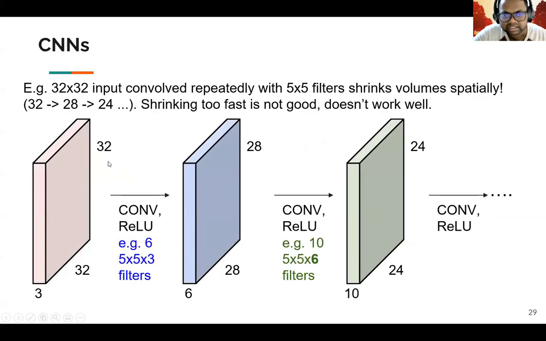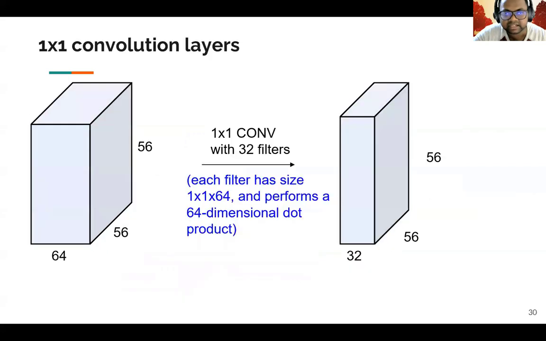So that gives you the reason why from 32 you go to 28 and from 28 you go to 24. Now, one criterion we would like to mention when you're designing a convolutional neural network is that if you shrink the size too fast, that is also not good. But having said that, using a 1x1 convolution is also not a very bad idea. This also has its own advantages. We'll talk about 1x1 convolutions much later in the presentation as well.